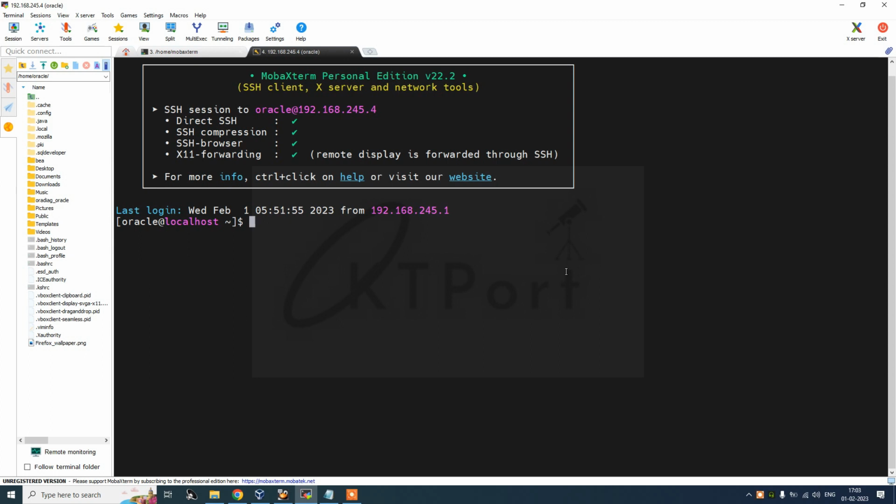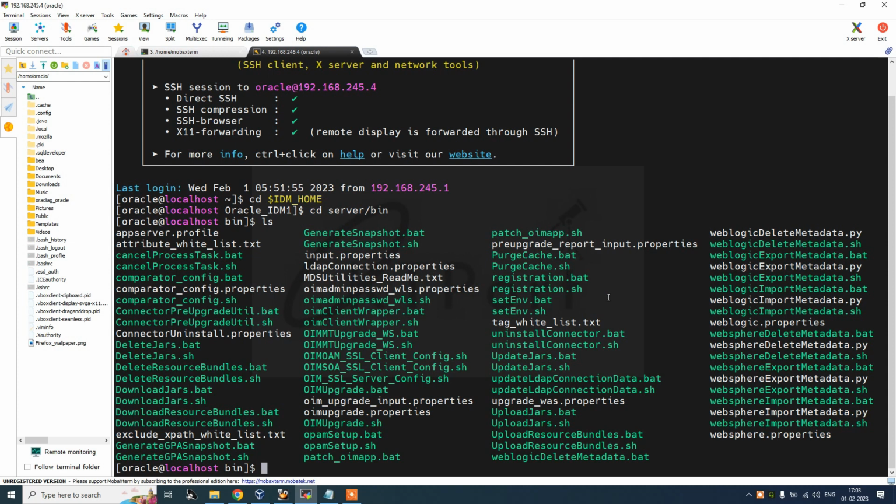In order to do so, Oracle Identity Manager provides a utility called the purge cache utility, and by using that you can simply achieve this. So where is that utility? You have to go to the OIM home, and in the OIM home there is server and bin. In the OIM server bin location, you will see the utility: in Windows it is a bat file, and in Linux we have sh. So if you try to run it,